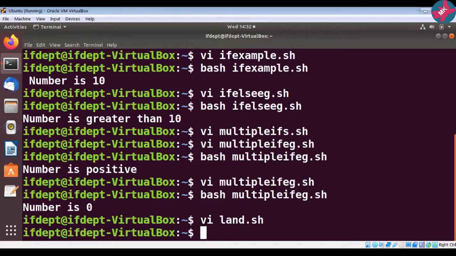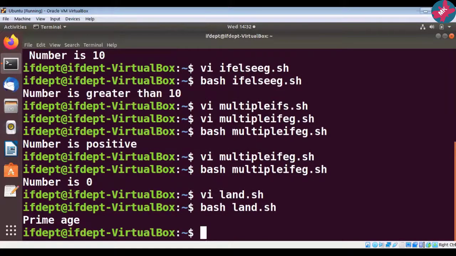Then run bash ln.sh. So see, since the input given was 19, the first condition was satisfied and what was displayed? Prime age. So this is how you can utilize single decision if, multiple if, and the double decision.